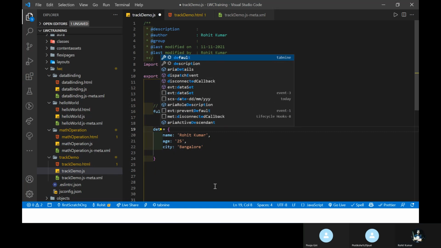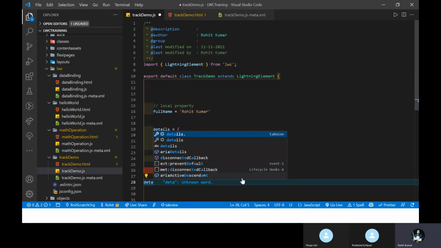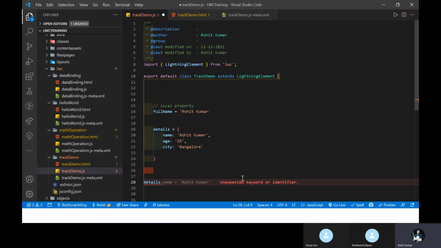details. So just let me enter here, details. Then you can give your dot notation. With the help of dot we can get our value, like dot name. Then you can see the name. Just remove this one. You can use this type of thing so you can easily get your name, right?